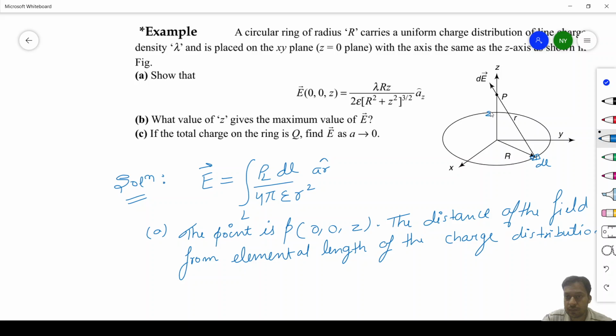So from the figure, vector r, small r, is equal to